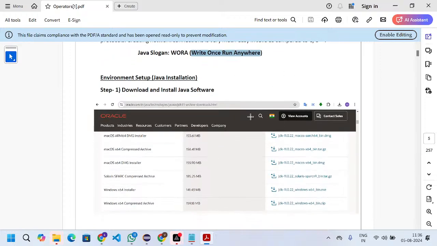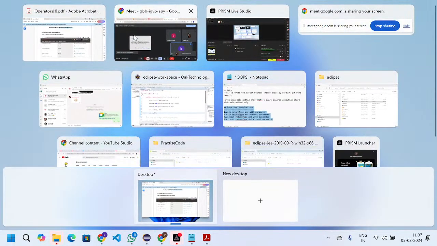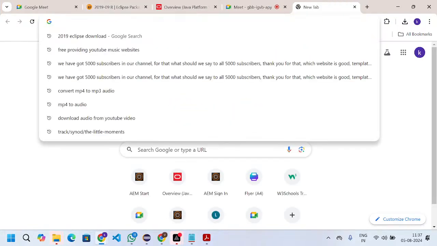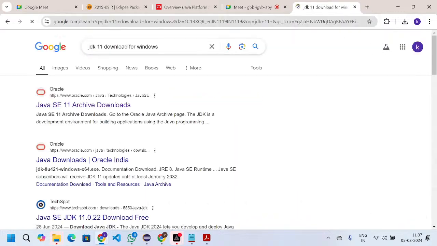Okay. And then the next process is how to set up the JDK installation. JDK is for running the program and everything. We need one JDK environment, right? And how to download the JDK environment? Simply come here. You can download like the JDK 11 version. JDK 11 download for Windows.